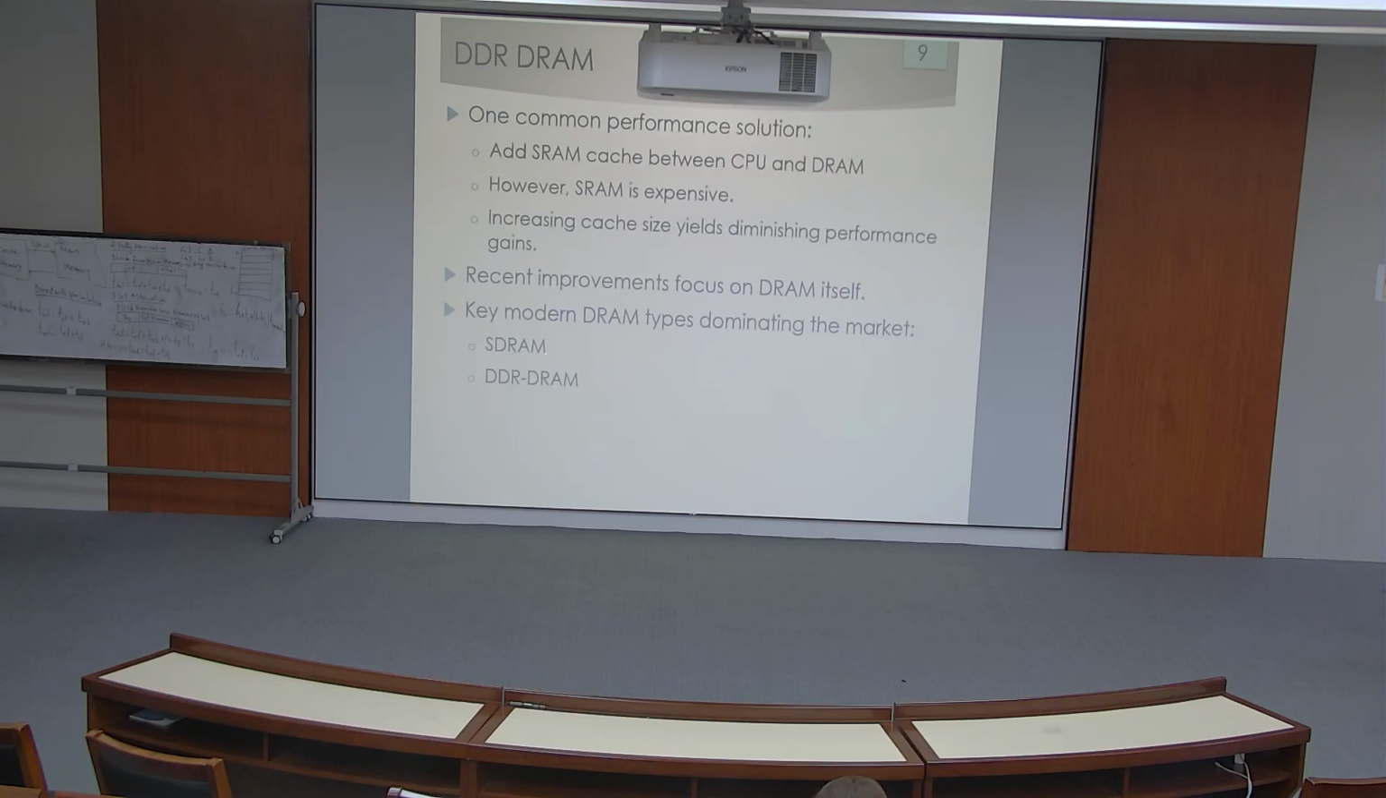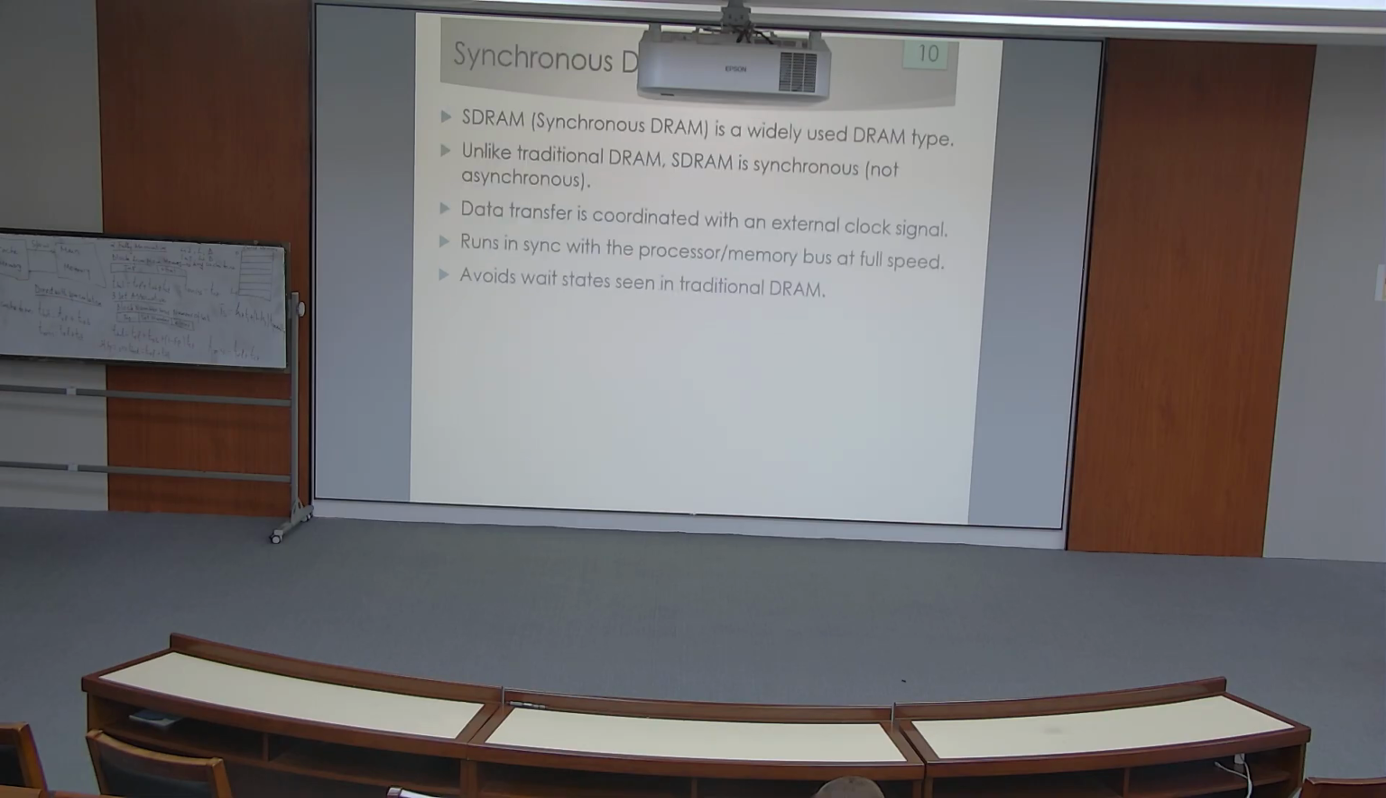So we needed to talk about the key improvements in the DRAM technology. We have the synchronous DRAM and we have the double data rate DRAM. Now here is the synchronous DRAM. The synchronous DRAM is widely used in modern computer systems, in modern DRAM types. And unlike the traditional DRAM, the synchronous DRAM is synchronous. That means that data is being coordinated with an external clock